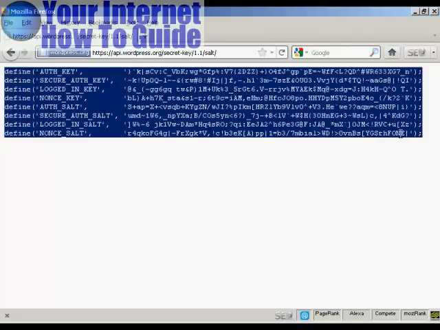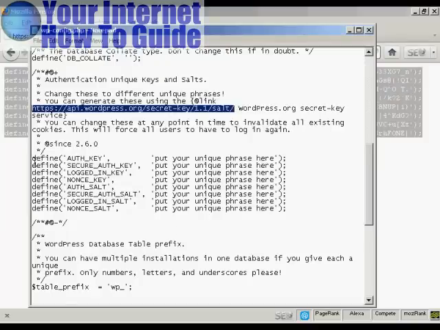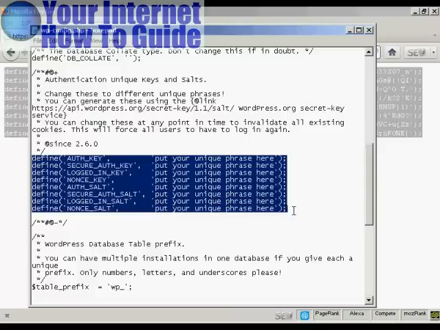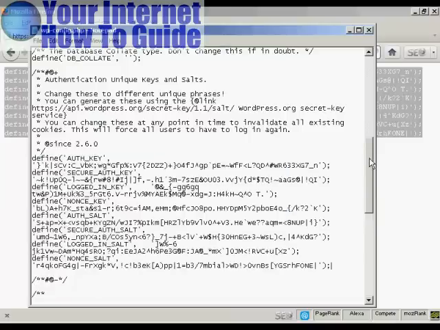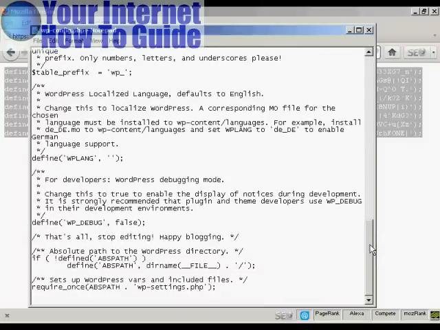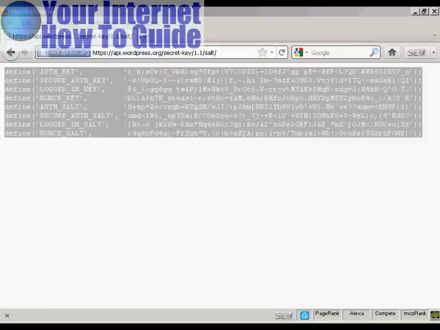So I just highlight that and copy it, and then I can come back here and just simply paste this in as a block in here like that, and there we go, that's all done. You don't need to change anything else at all. So I can now save that do file and save, and now I need to FTP, you can close that,